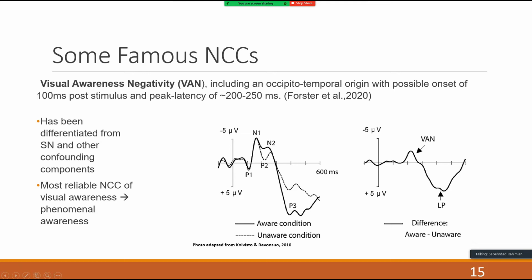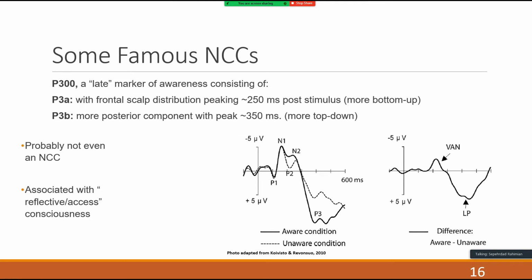Actually, there is this guy Forster with his colleagues. They did a review of everything that has been published in the last 10 years on attention and awareness, concerning MEG or EEG. It is their conclusion that this should probably respond to phenomenal awareness or phenomenal consciousness, whereas another marker of consciousness, the P300 or P3, should respond to reflective or access consciousness. Now, you might say that there are many other hypotheses that can explain